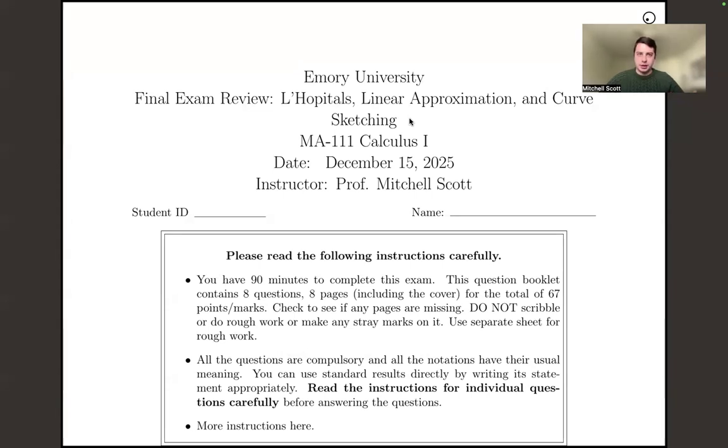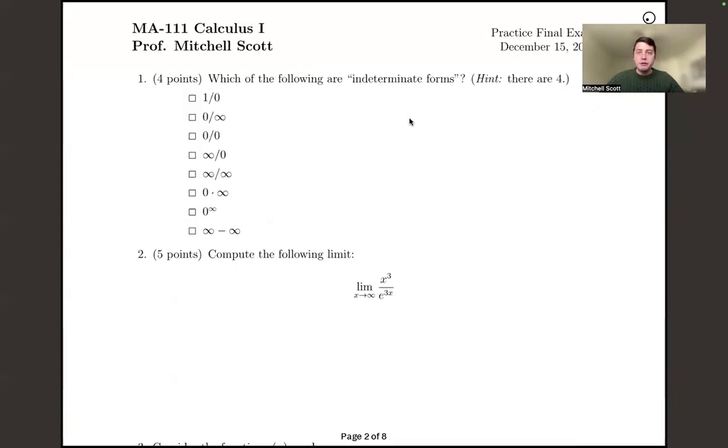Okay, let's get started. The first thing that I really want to hit home with about L'Hopital's is this question: which of the following are indeterminate forms? There are actually more indeterminate forms than the four that I have listed here, but we didn't talk about them in class, and they won't show up on the final exam, so I don't want to have them in here. And I think the heart of this question gets at